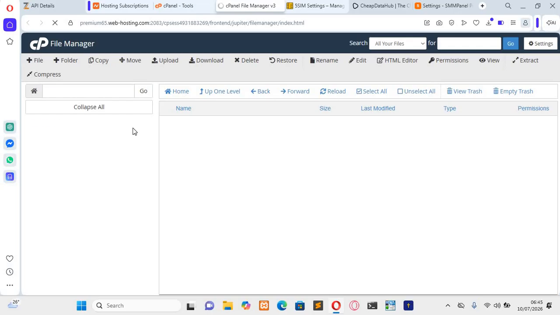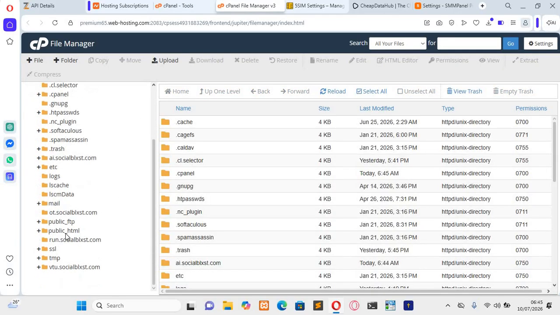So I'm going to upload the file. It's a very, very lightweight file. I click on public_HTML. If you want to upload your own, let it be under public_HTML. But for me, I'm uploading this in a subdomain. If you are doing this for a client, let it be under public_HTML. For me, I'm uploading it under